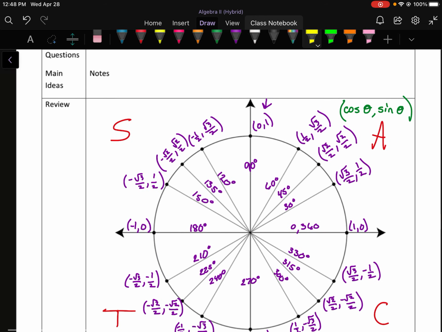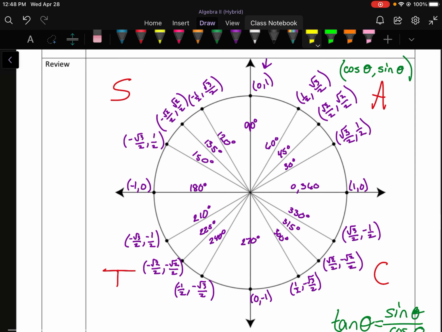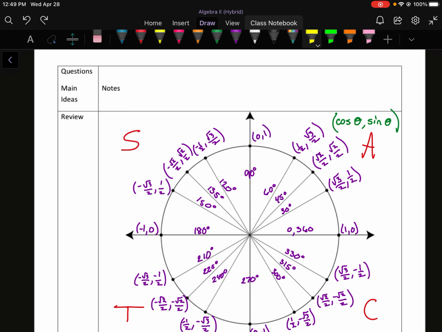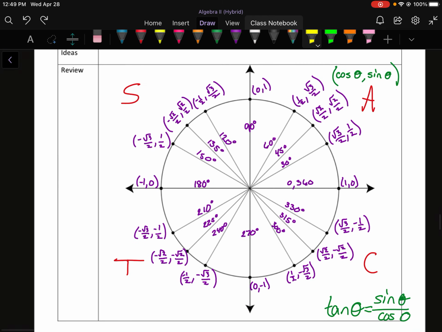So the first box here says review. I went ahead and filled this out ahead of time because it will take a little bit of time to complete. And for the sake of the video, I just did this so I didn't have to sit here and watch me just write values in. But I would pause the video if I were you, fill in the values, these coordinate points, for example, as well as the angle measures. And if you want to know where these came from, it came from these special right triangles we've been talking about. So for example,